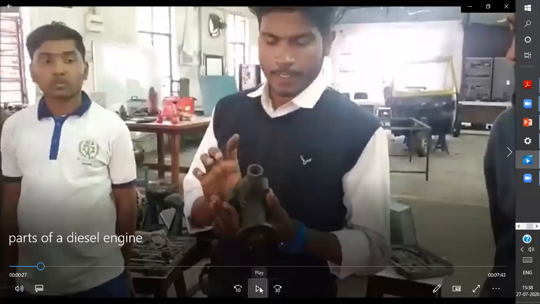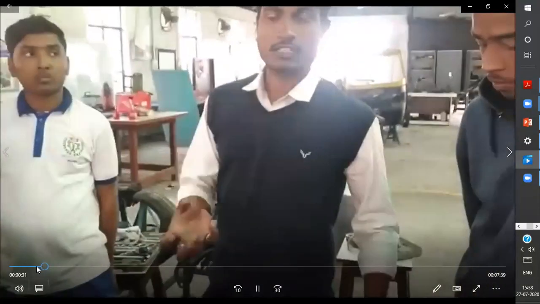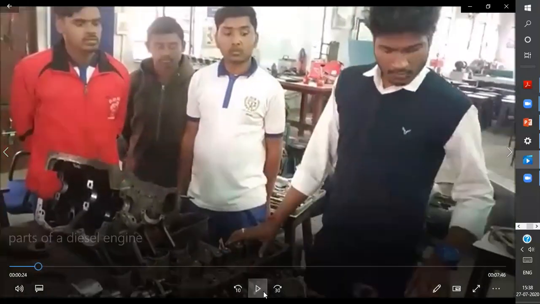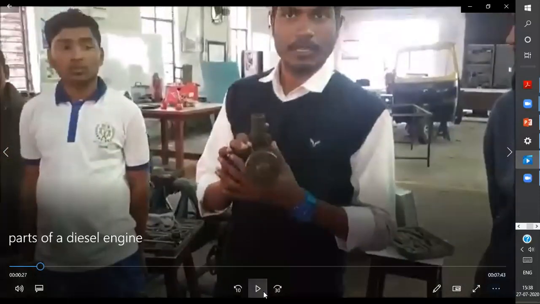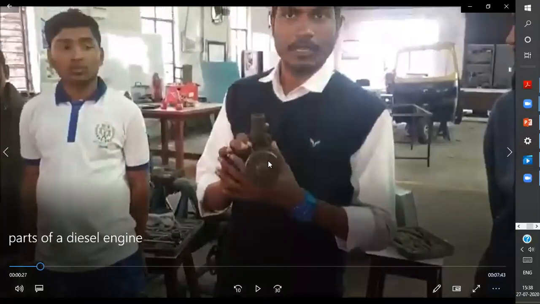See, this is your coolant pump. There is a coolant tank also, a small tank, about 5 liters, and water is put inside that, and what is happening is that the coolant and water are mixed. And see, there is a circle shown here. There is a circular part shown here.